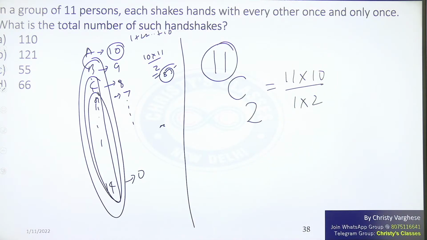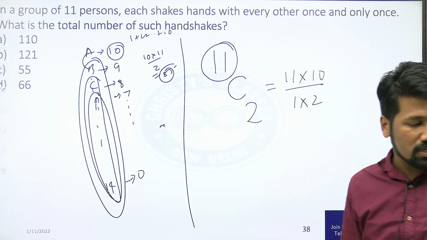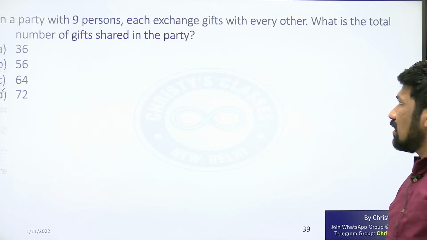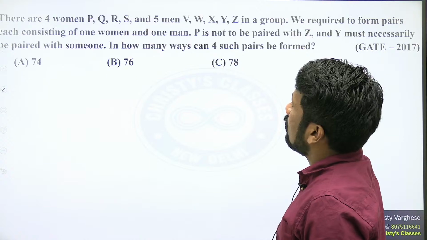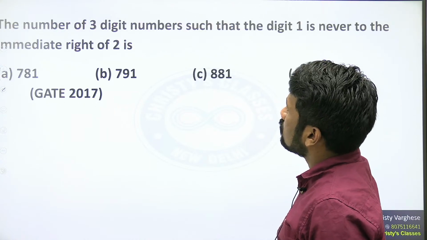Again, don't get confused about all 3 methods. Just take which is relevant for you, which is faster for you. Hope this is clear to all of you. Okay, coming back to